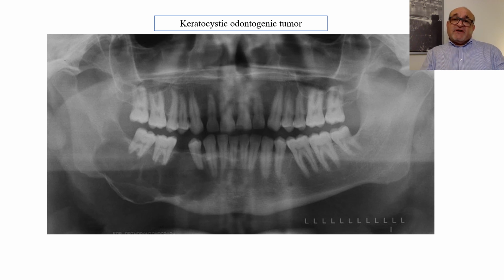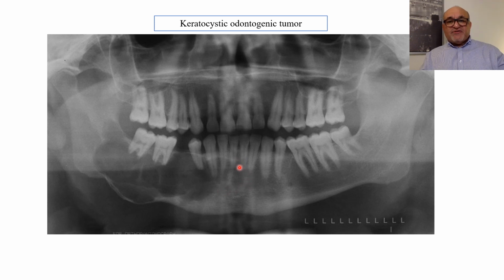Another case of keratocystic odontogenic tumor, where you can see it is not associated with a tooth, so it is not always associated with a tooth, and you can see the anterior-posterior direction of expansion of the lesion. These are more destructive than the ameloblastoma. I don't say that ameloblastomas are not destructive, but they tend to invade, to destroy more of the mandible, because they go in an anterior direction. And you can see that the lesion, which has typical scalloping, as you can see over here, has caused expansion and thinning of the mandible, and then it goes back to its scalloping border,